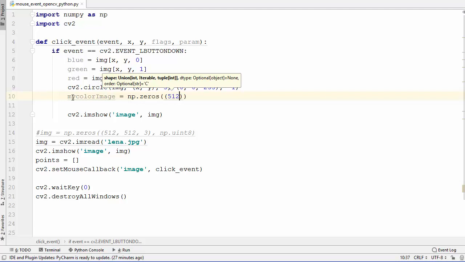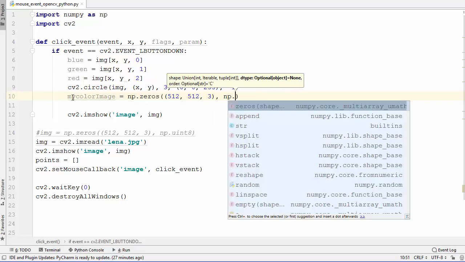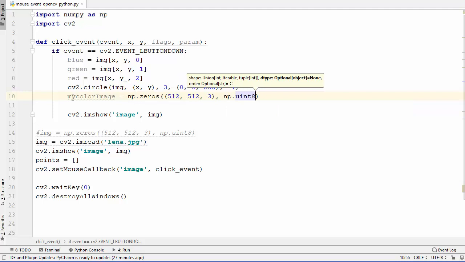Let's say this size will be 512 comma 512, and the channel will be 3 channels, and then the next argument will be the data type. So np.uint8.